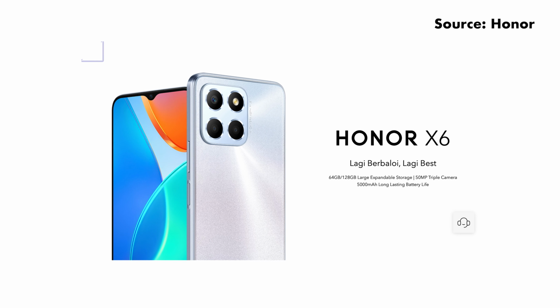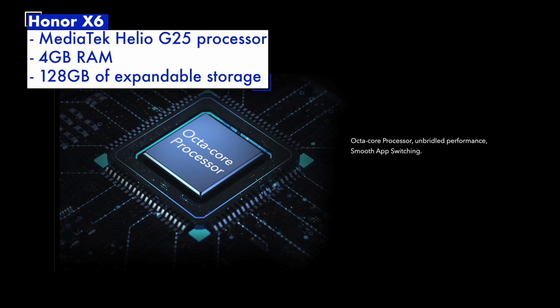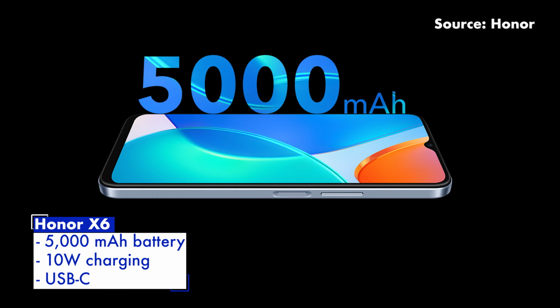Honor also fields a 599 ringgit smartphone called the Honor X6. This phone is powered by a MediaTek Helio G25 processor that's mated to 4GB of RAM and 128GB of expandable storage. If you really need to save money, they offer a cheaper 559 ringgit version, but it only gets 64GB of internal storage. Keeping the lights on though is a 5000 mAh battery, which is nice, but it only supports